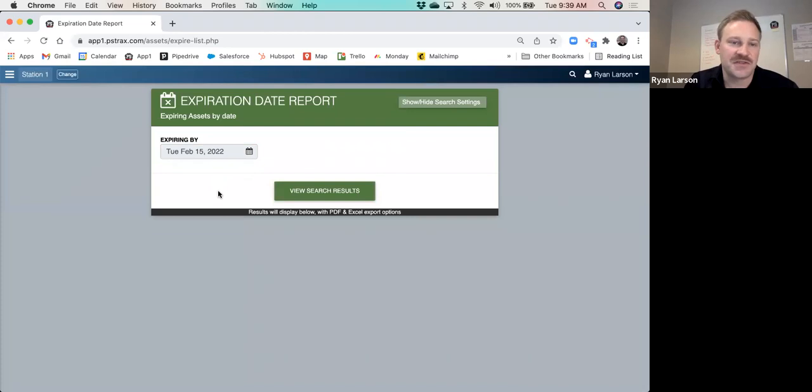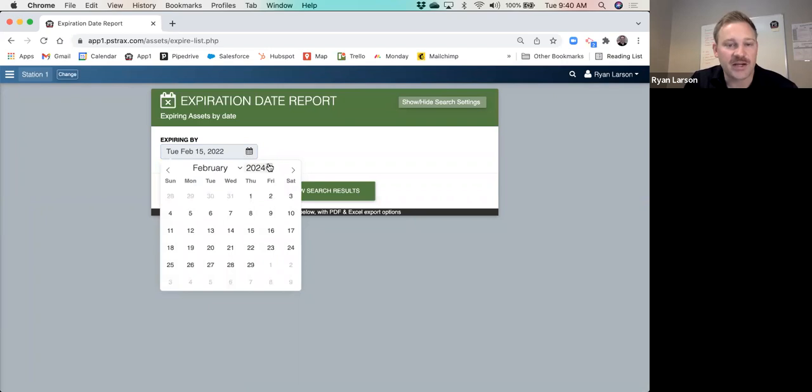And I mentioned this very early on, but when you're doing your budgeting and your planning, one of the challenges we hear for departments tracking their assets on spreadsheets is it's really hard to predict when things are going to be expiring and to plan for that. And that's really the purpose of this report. Let's say, as an example, you're doing a 3-year budget planning. You can go out 3 years